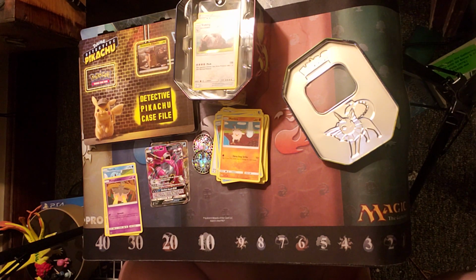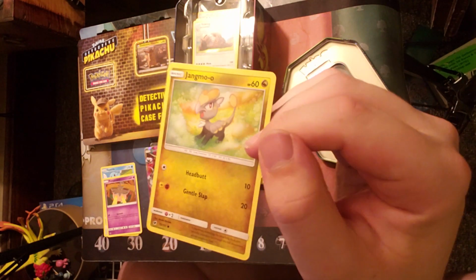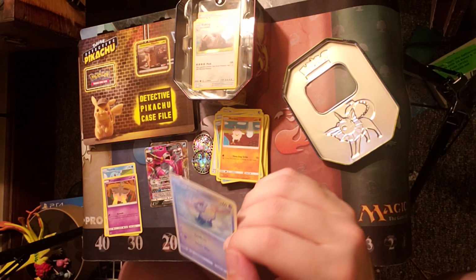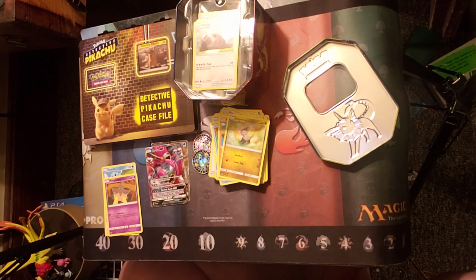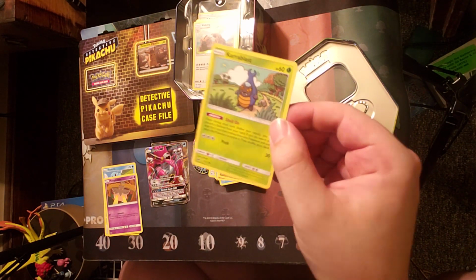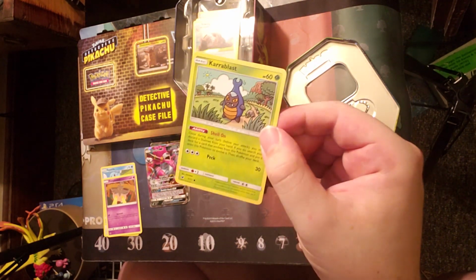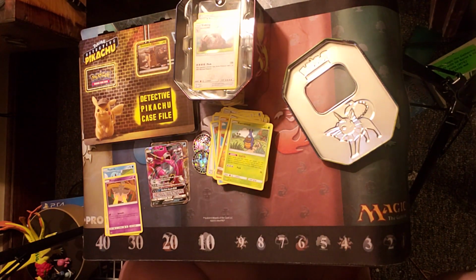What the f*** is that? This has got to be Dragon type, but still. Jangmo-o? I don't know. I've never heard of that one. I don't know what that one is. It's got to be Dragon type, though. And then we've got Carablast. That's kind of neat. I really like that art style. That's a cool one. It's got Peck, which seems a little weird, but I guess it's got a horn on its head. So, I guess it could...